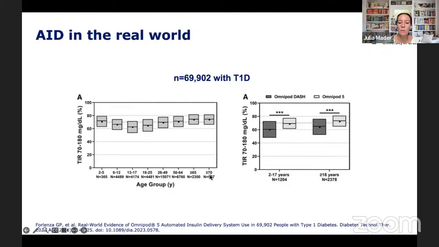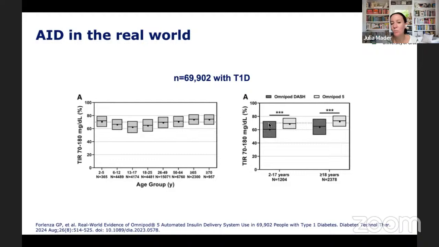So from the toddlers to the over 70 year olds, we can see that they achieve in the real world nearly 70% time in range. So I think that's quite convincing if we look into the recommendations from the current consensus on how diabetes goals should be achieved. And then when looking specifically into the people who switched from a previous generation Omnipod to the novel generation Omnipod